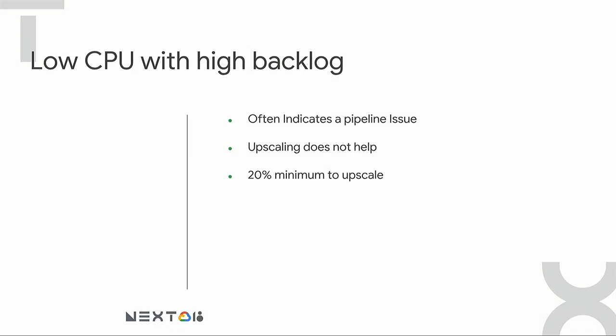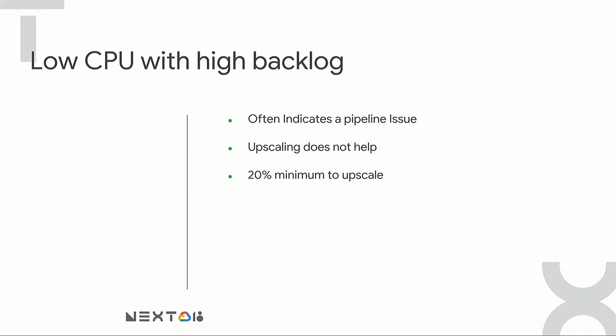And finally, low CPU with high backlog. There are cases in which the backlog keeps going up. We start adding more workers, and then we look at the workers and say, none of these VMs are using more than 10% of CPU. All this autoscaling up is not helping. And the reason why could be that